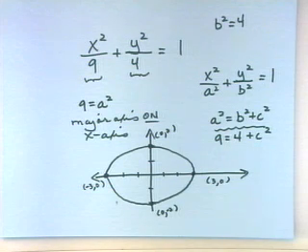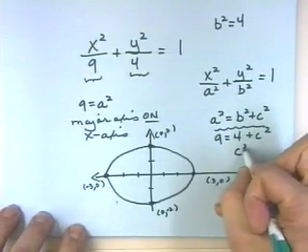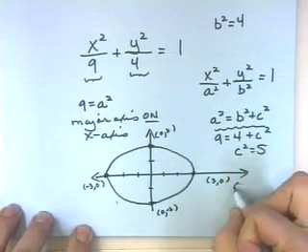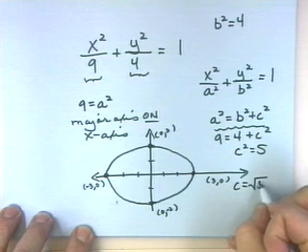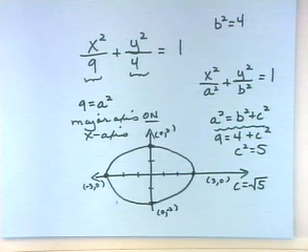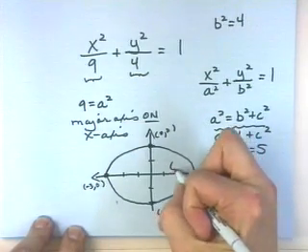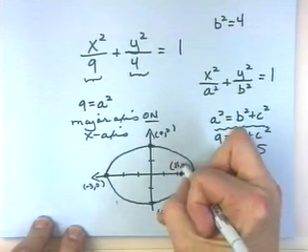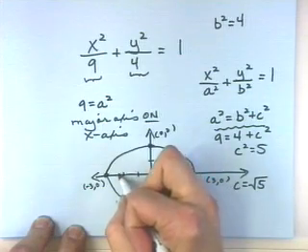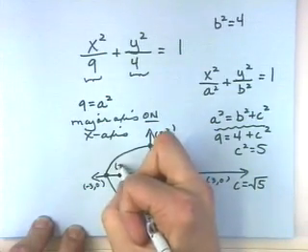Is that okay? So tell me where the foci are. Square root of 5, 0. Square root of 5 is about 2.2. And negative square root of 5,